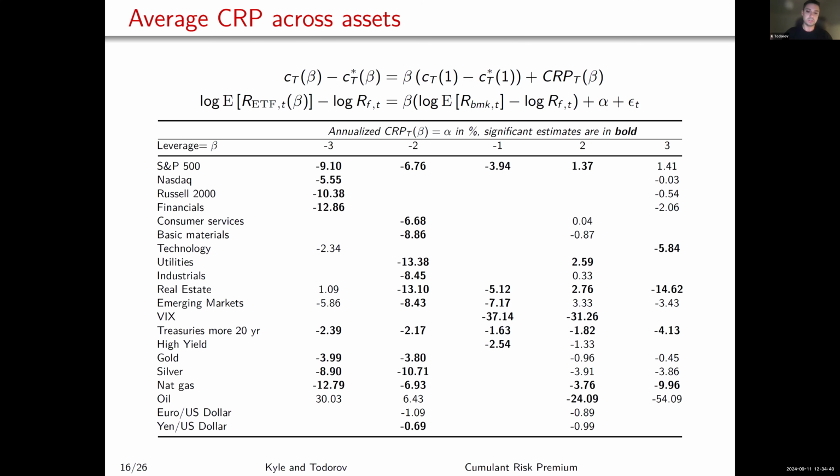So you can think about this cumulative risk premium as a risk premium that liquidity providers are charging, which is reflected in the tracking error of the ETF. And that tracking error can become nuts at times of stress, like the oil episode in April 2024, because there is nobody else on the other side. So the risk premium for providing liquidity and bearing this cumulative risk is just enormous, and that's reflected in these huge numbers you see there, at least minus 54%. The bankruptcy risk is higher if you have high leverage, undoubtedly. But even the 2 times leverage and minus 2 times leverage ETFs that did not go bankrupt in that episode still have a pretty high cumulative risk premium.